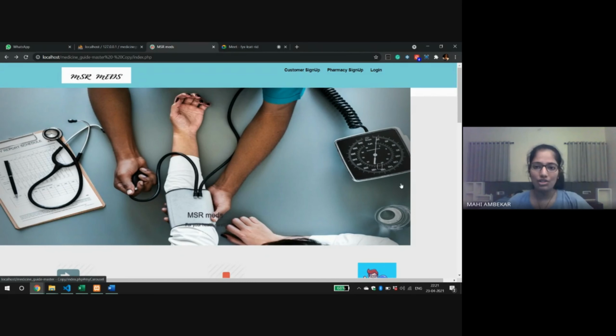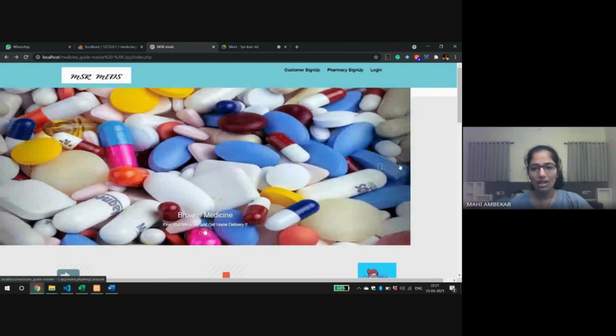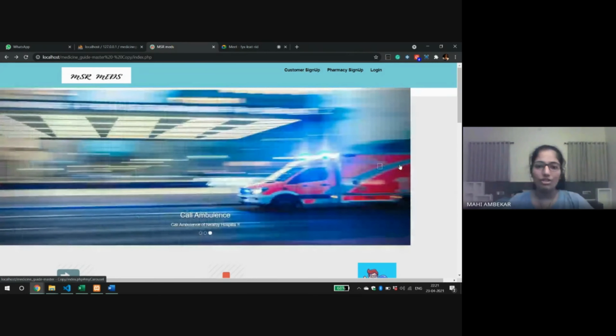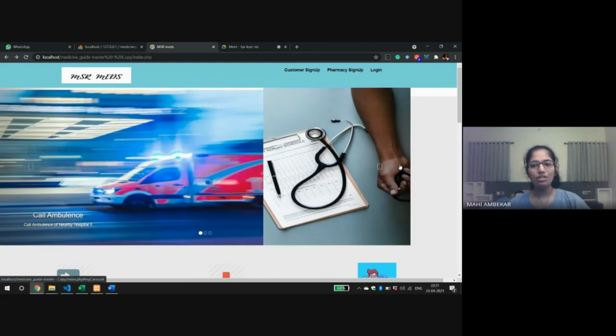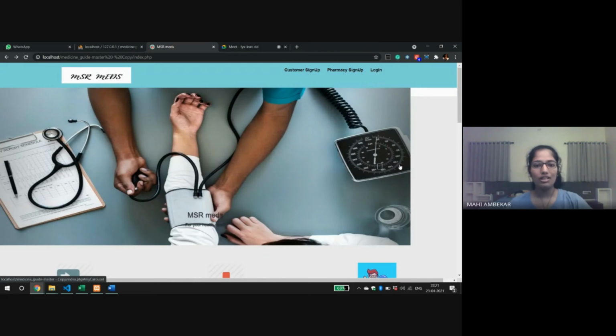The main features of this project are that the user will get to see the product list. Inside the product list, they can see the medicine name, description, and eventually the price of the medicine. If they want the medicine, they can add it to the cart. It will also help users find the nearest pharmacies in their area, which will save time and can be really useful in emergency cases. And users can even find the nearest ambulance in their region.